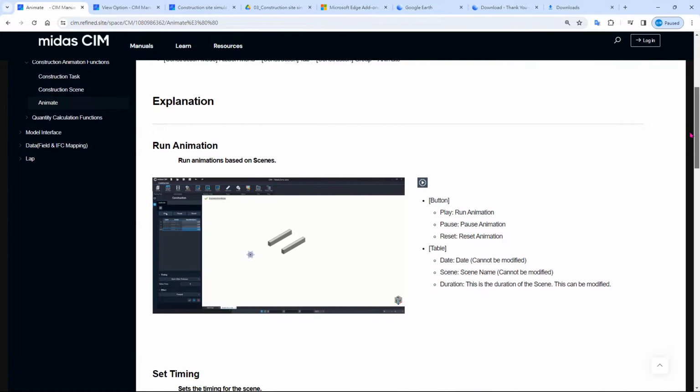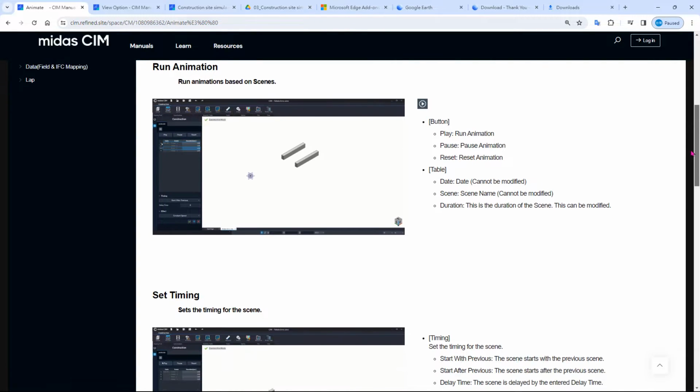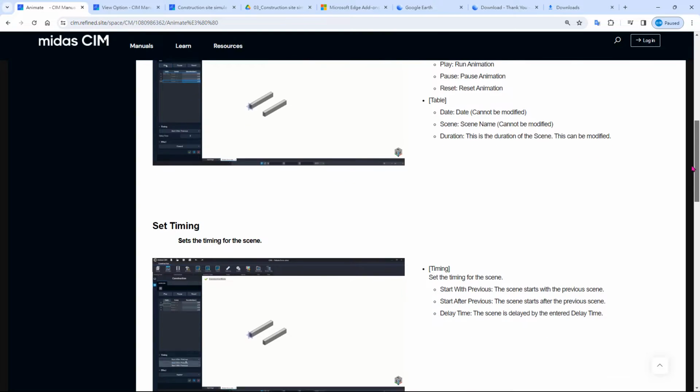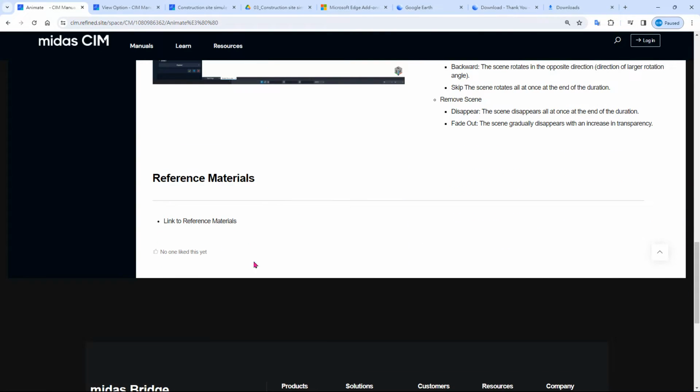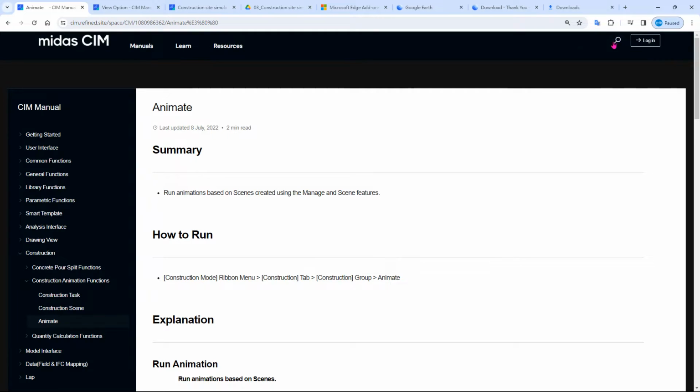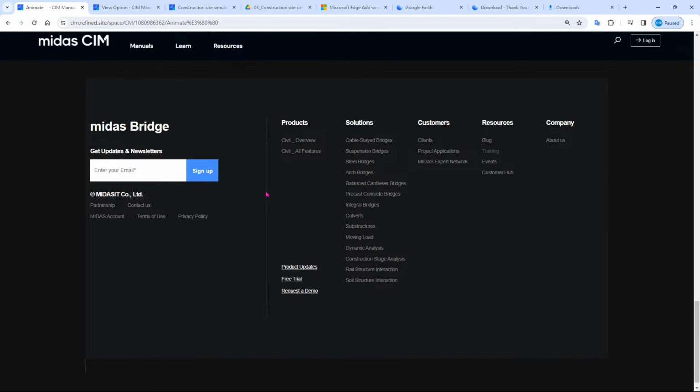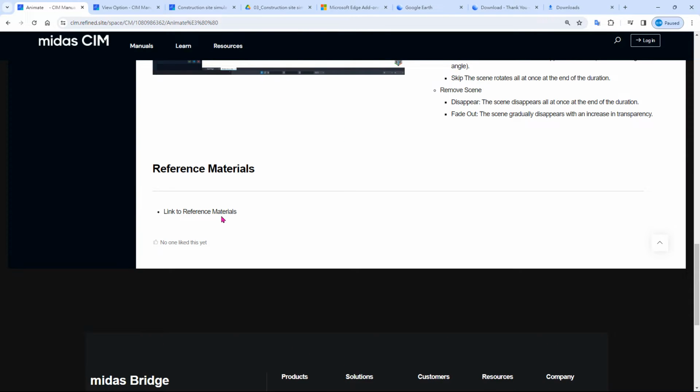And usually if the construction stage has a reference to another tutorial, it will be listed in here in the reference material. So you can see which one is the reference material, and you can either copy it and search for it in the help space here, or you can usually click on the link in here, and it will automatically take you to the other website.